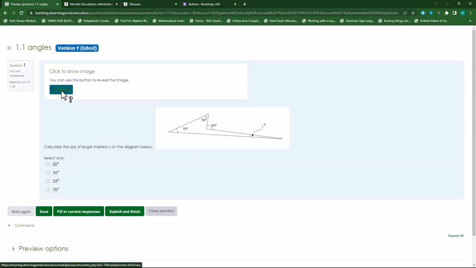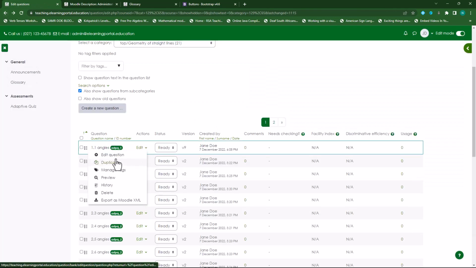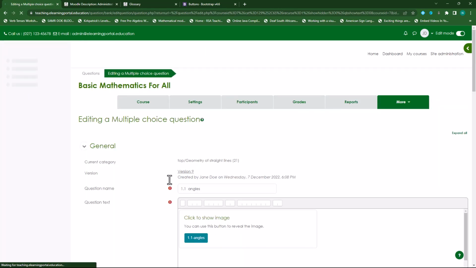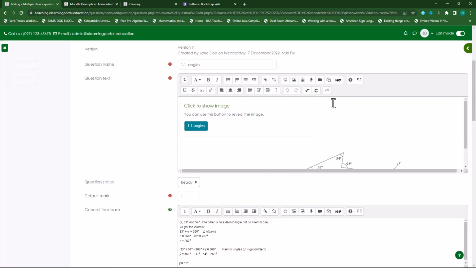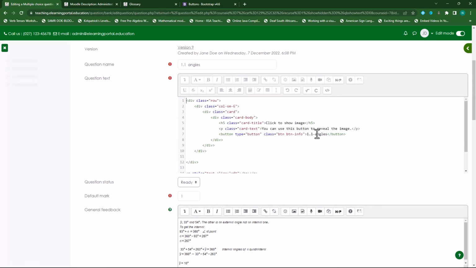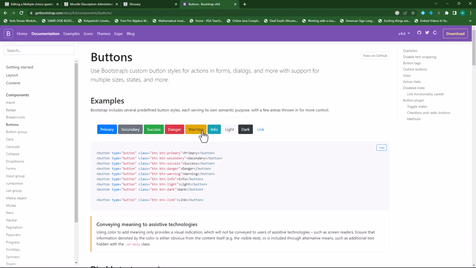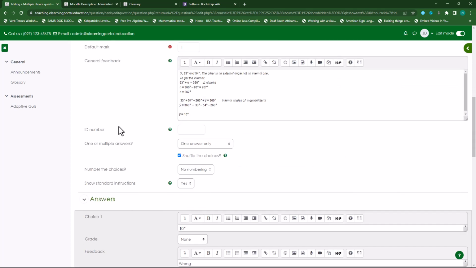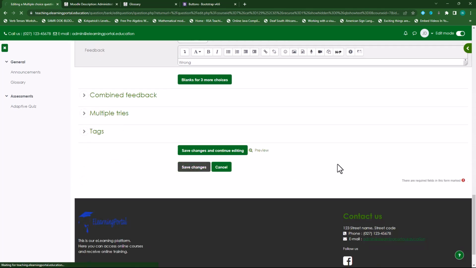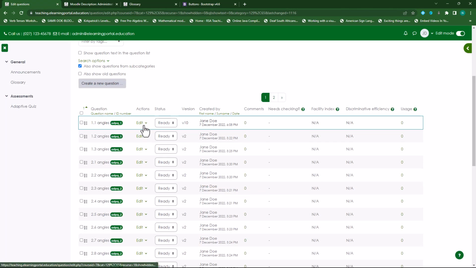Oh no. Okay, so maybe we should change the text. Okay, so let's leave it on orange. I'm happy with orange. So I'll expand it again. Editor, and that was, okay, that was warning. Type in warning there. Okay, I'm happy with that. Let's save it. So now if I preview it,